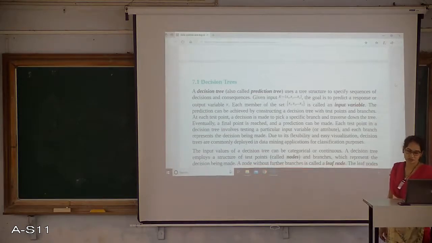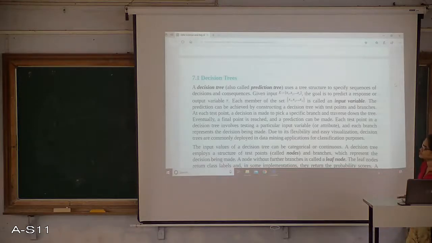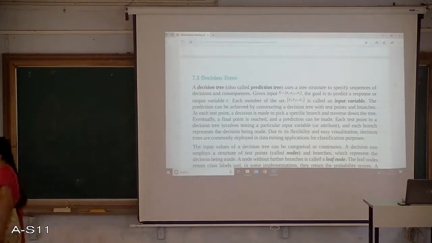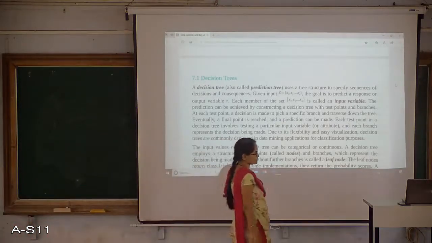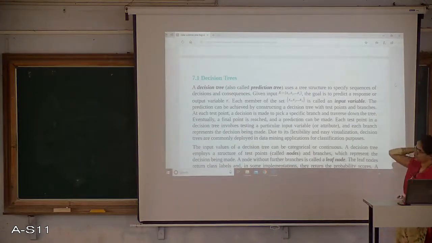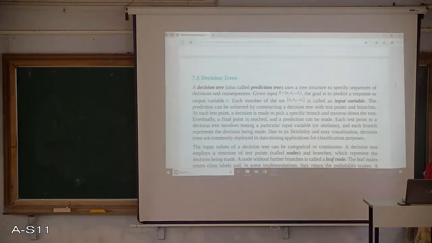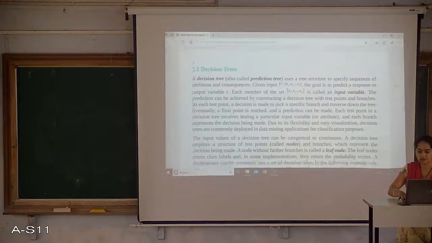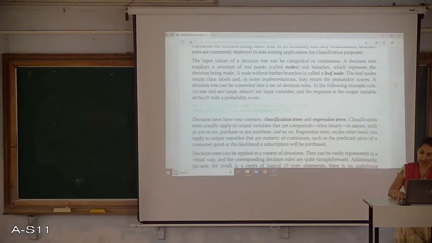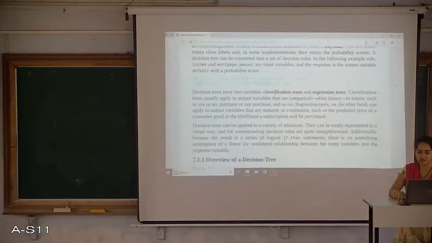It's a classification model, right? It's even called a prediction tree. In the training data that we take, some of the variables are input variables, and one among them is considered the output variable, or prediction variable, you can say. The tree structure has different terms, like nodes and leaf nodes,